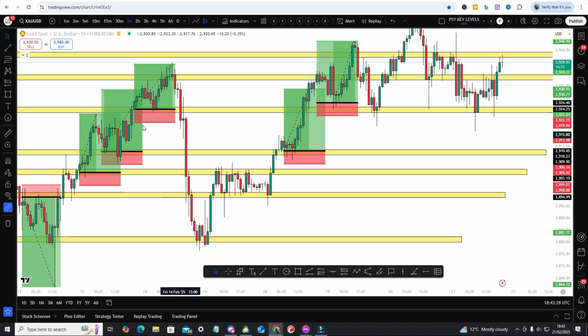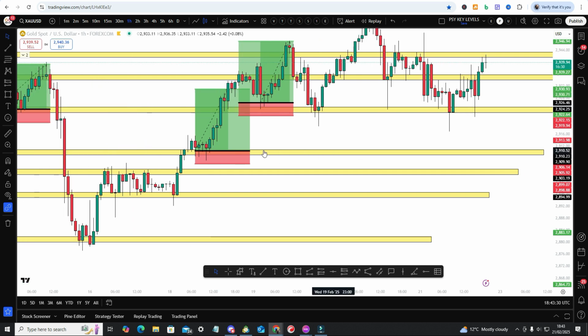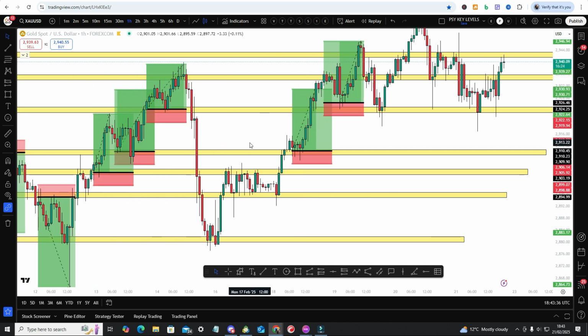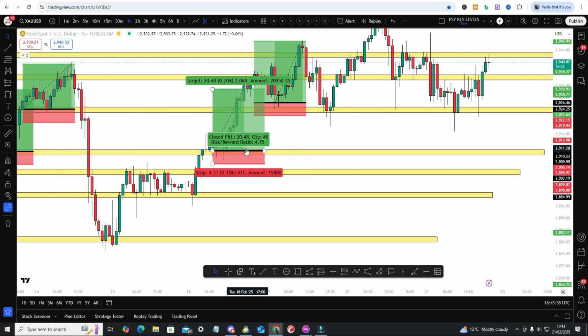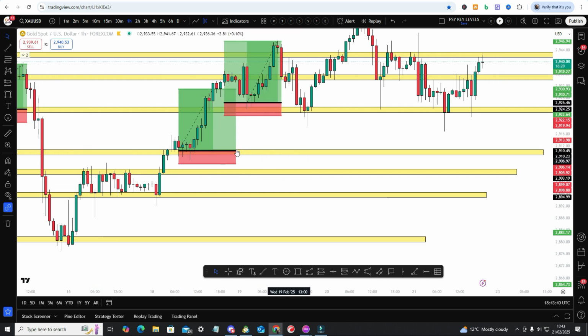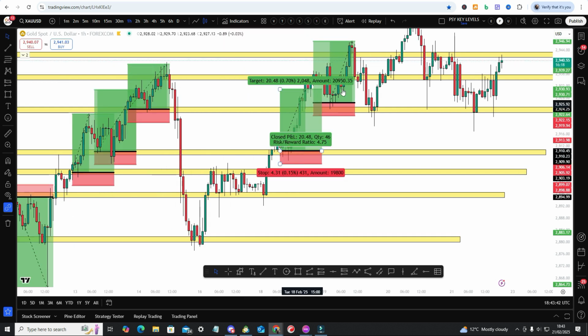Now the reason why we have to have the correct zones in place is so we can adjust our stop loss correctly. That's the way you've got to look at these zones. The reason we have a buy trade is because the trend is bullish. You would look at volume, the speed at which the price would move, the speed of the current